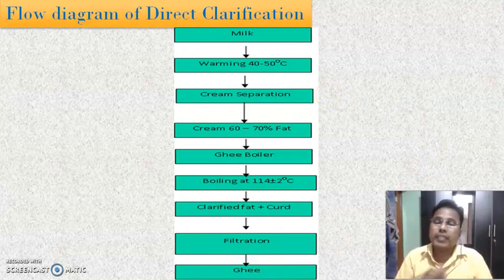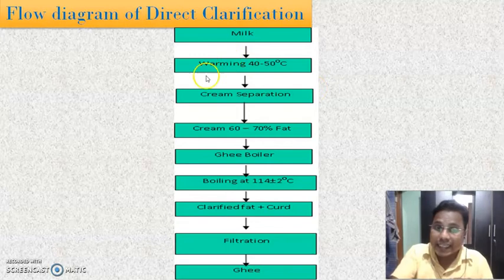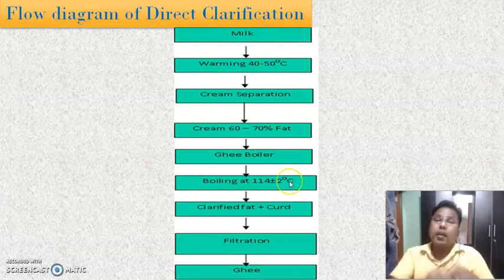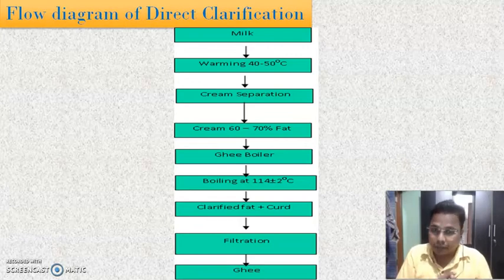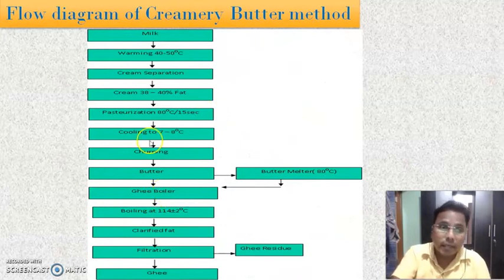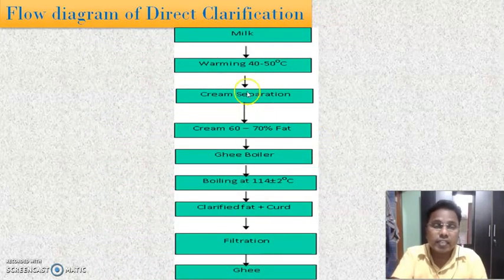Direct clarification means here in this method the cream is directly taken in a ghee boiler for the heating purpose. Therefore, it is called direct clarification. Means here butter is not prepared and butter is not used for the preparation of ghee. Whereas in the previous method, butter was prepared by using this cream. When this butter is prepared, that butter is used here in the ghee boiler,